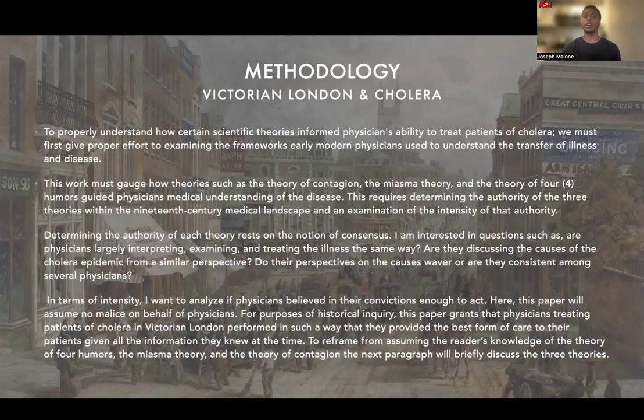For me, authority rests on consensus. So how many physicians are believing a particular theory, believing a particular cause? And not only that, I wanted to know in terms of intensity, do they believe in their convictions enough to act? And so here I'm granting that all of the physicians behaved in such a way